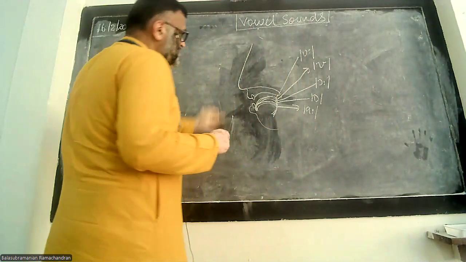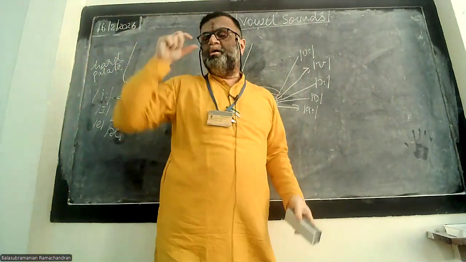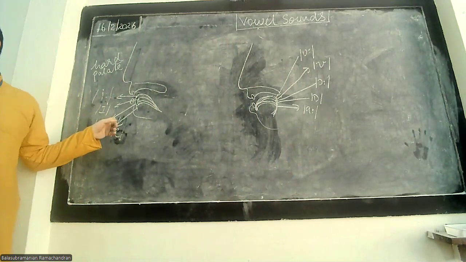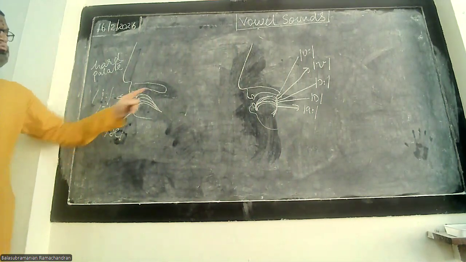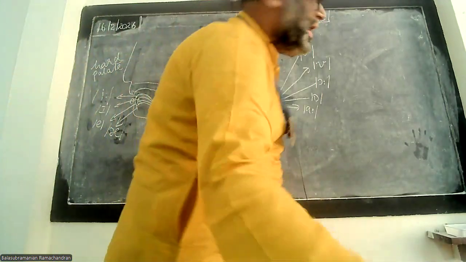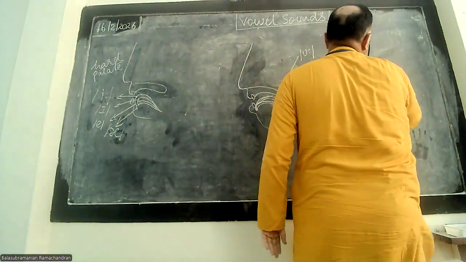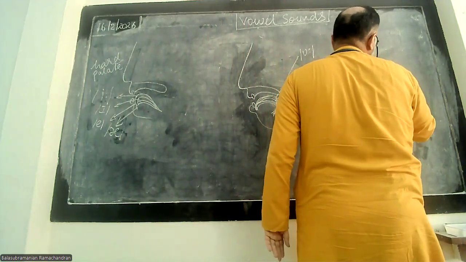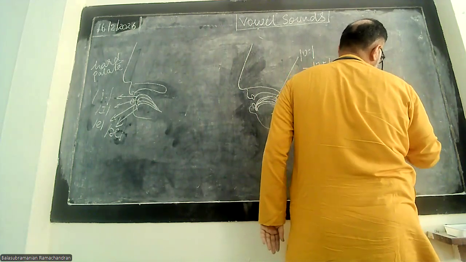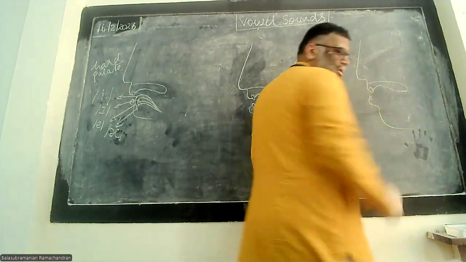Okay, let me rub this off. I'm going to give you the third mouth picture. So, how many covers are there? 4 here and 5 here. Okay, so 3 more. Okay, so this is the mouth picture for the central vowels. Okay, and for the central vowels,